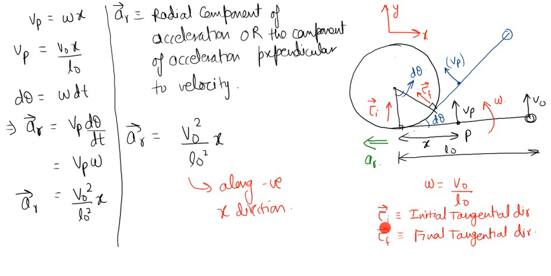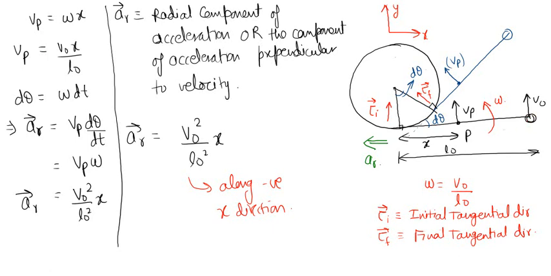Now tau initial is the initial tangential direction. So the initial direction of motion of the point P is similar to tau initial. As you can see, this tau initial vector and this Vp initial, the direction of motion of point P, are similar. Similarly, tau final represents the final tangential direction, or the final direction of motion of this point. Now, initial angular velocity is v0 by l0, as we have discussed earlier. Initially it is moving with some angular velocity omega, and omega is v0 by l0, where v0 is the velocity of this particle and l0 is the length of this string.